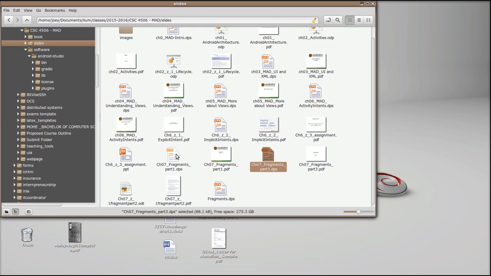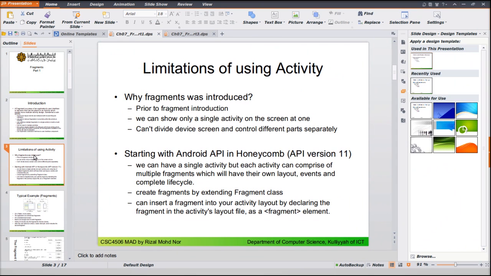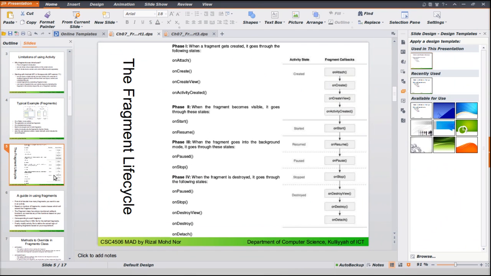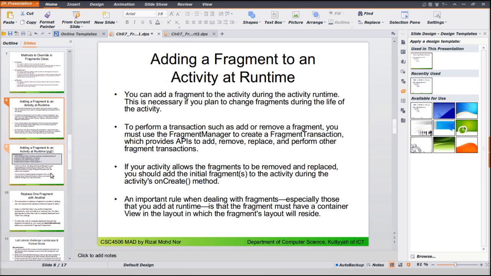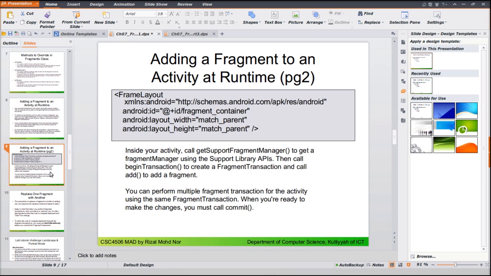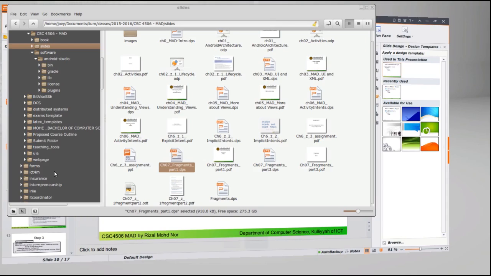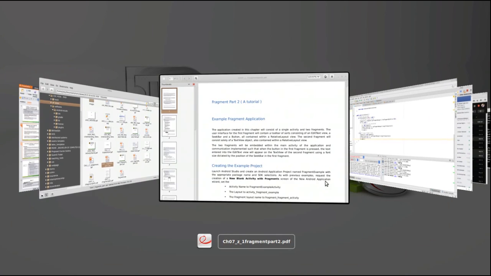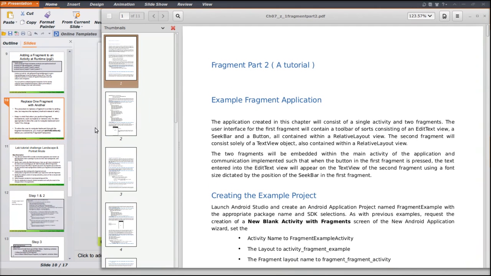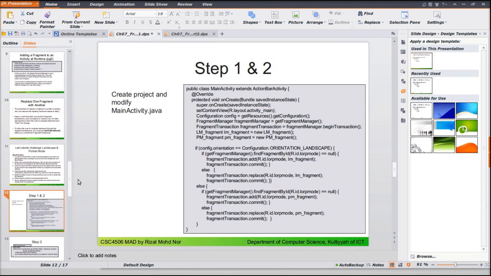we talk about how to use fragments, how to add fragments into our application, and how to remove and how to add a fragment into the backstack. Now, in part 2 of our tutorial, as a recap, we talk about how we can communicate